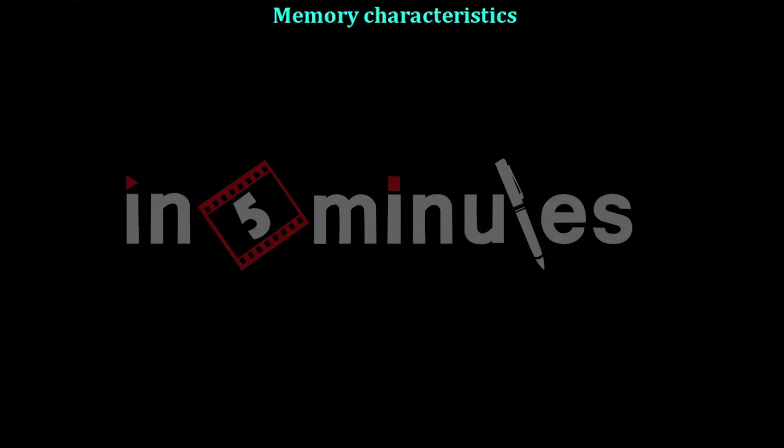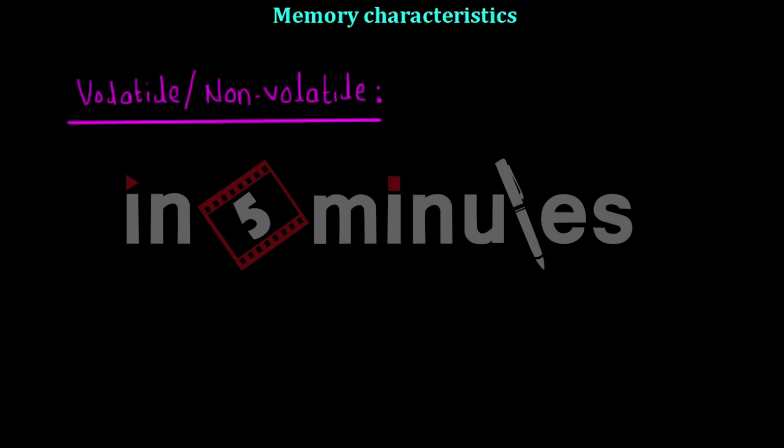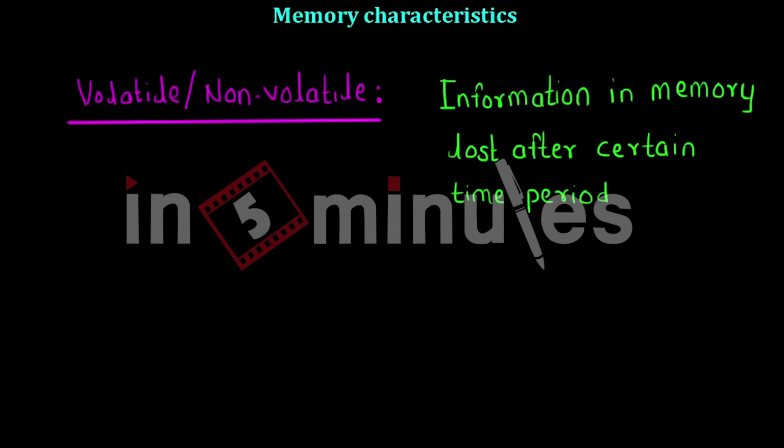Now let's talk about some physical characteristics of memories. For example, we have two types of memories, that is volatile and non-volatile memory. It depends on the physical property of the material used. Generally, the information in the memory is lost after a certain time period if it is not refreshed. For example, in dynamic RAM arrays, the information is stored as a charge in a capacitor. The bit 1 is stored as a charge in the capacitor, and over time the capacitor discharges through leakage currents, and the 1 bit is changed to 0. So in this way, the information in the memory can be lost after a certain amount of time.